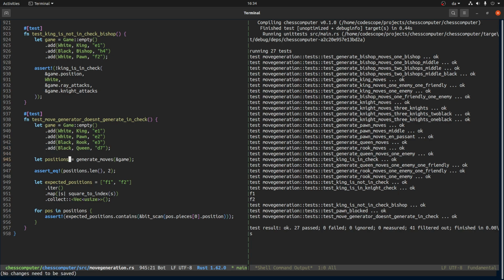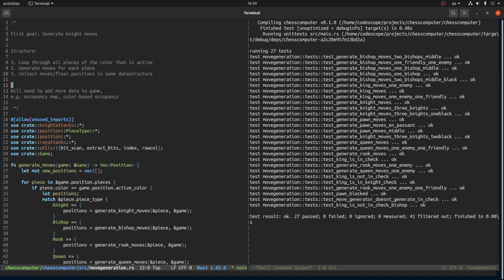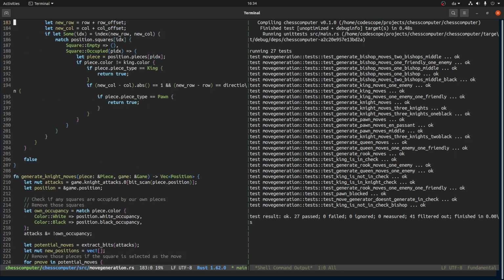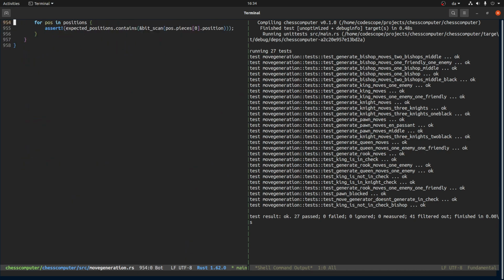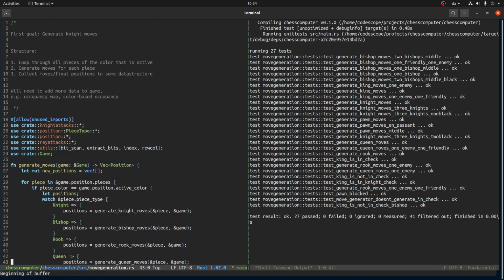All right, so I think that was pretty good, because now we have a fully fledged move generator. It will only generate legal moves, and it will generate moves for every piece type. Now we have all these unit tests, which are very good, look at all these beautiful unit tests. But it is not